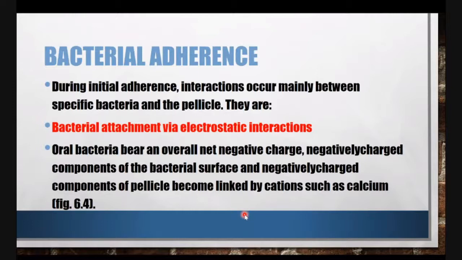Now the bacterial attachment has electrostatic interaction, where we said two surfaces are negatively charged, and we also have negatively charged components of the bacterial surface linked by cations such as calcium. Calcium in the middle is positive,